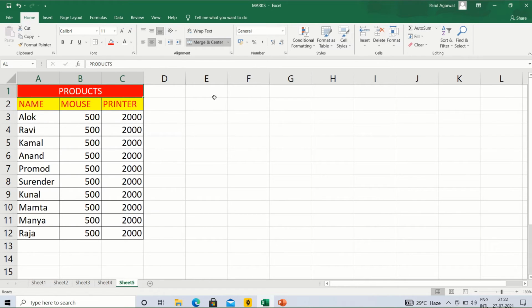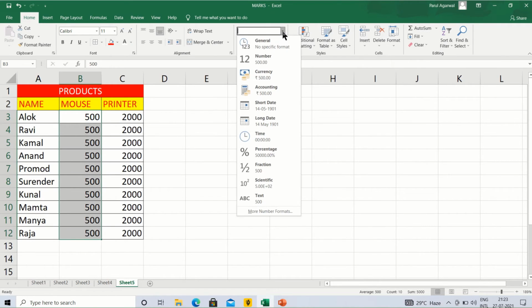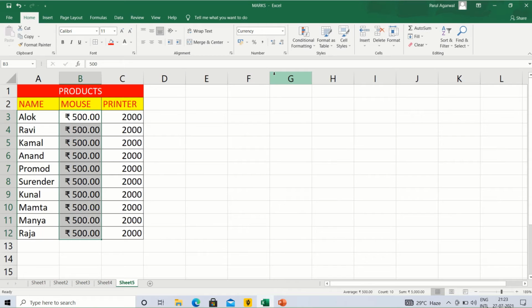Now we will just be applying formatting also. Now we'll see the number format. We'll select the whole product amount, meaning the cost of the products. If we want to put currency, rupees, before it, we can take Currency as a format.